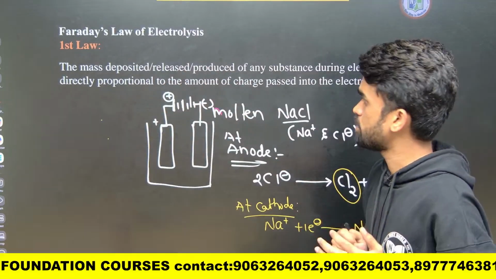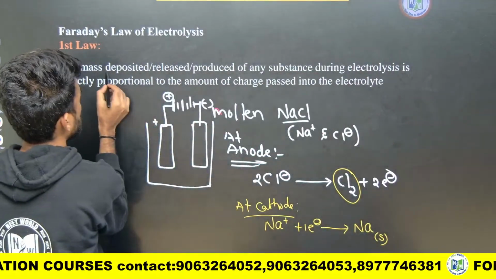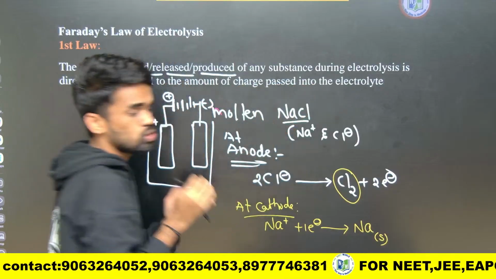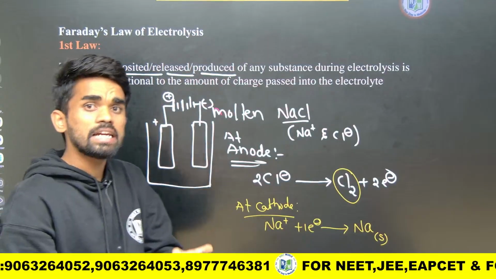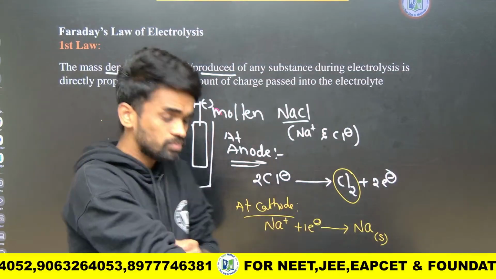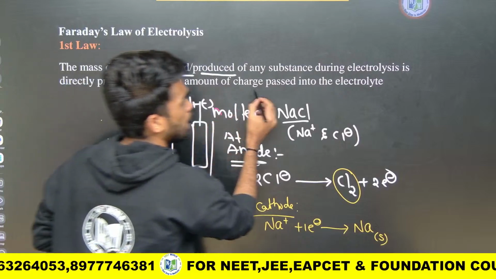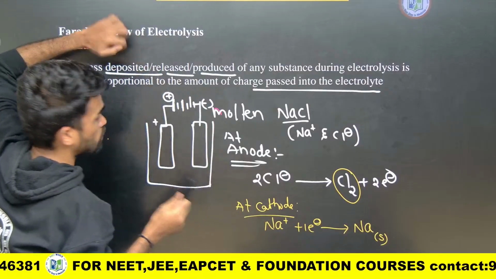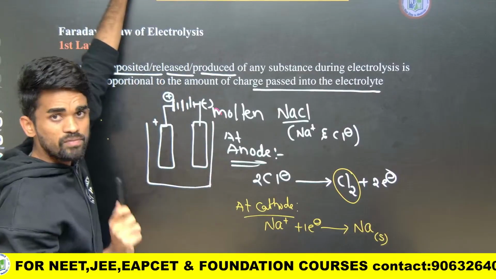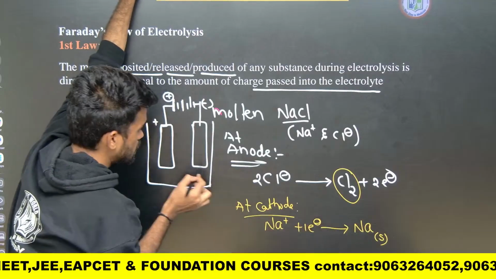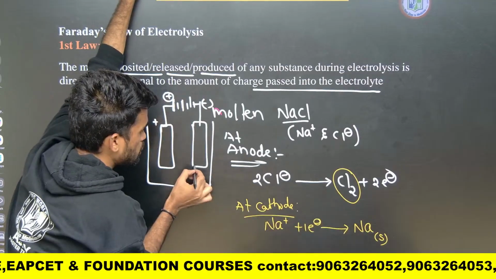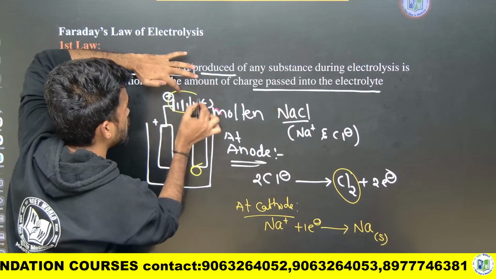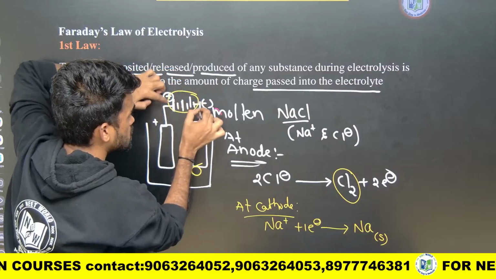So what Faraday's first law says is that the mass deposited, released or produced of any substance during the electrolysis process is directly proportional to the quantity of charge passed through the electrolytic solution. It means the amount of the particular substance, here sodium, deposited at the cathode is directly proportional to what? The quantity of electricity, the charge of electricity you are passing